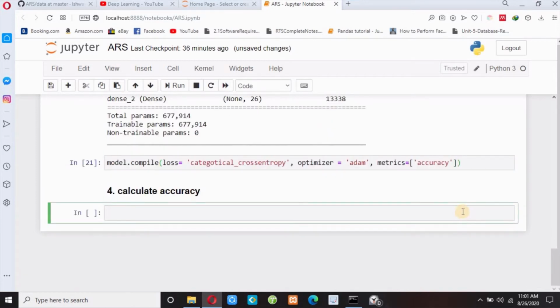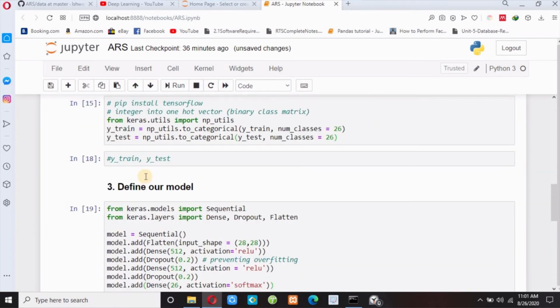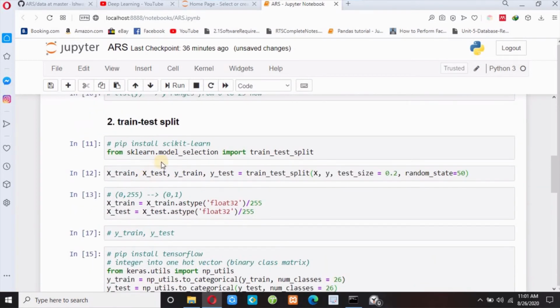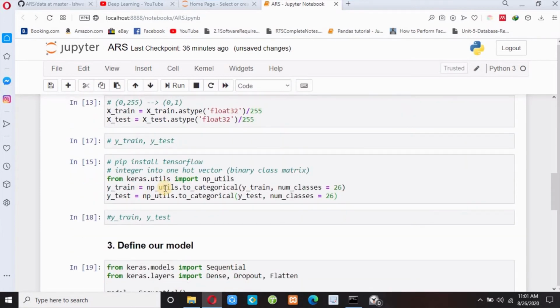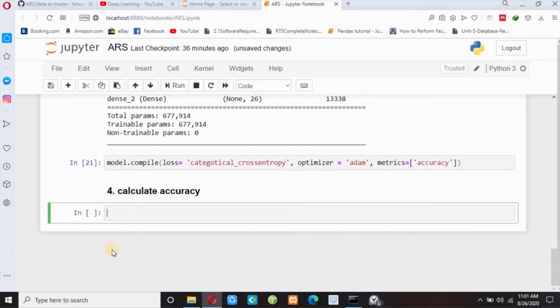And one thing guys, we have not trained our model, we have only created our model, and I have already split my model into training and testing parts, but we need to train our model also. But let me check accuracy before training. So let me write a comment: before training,